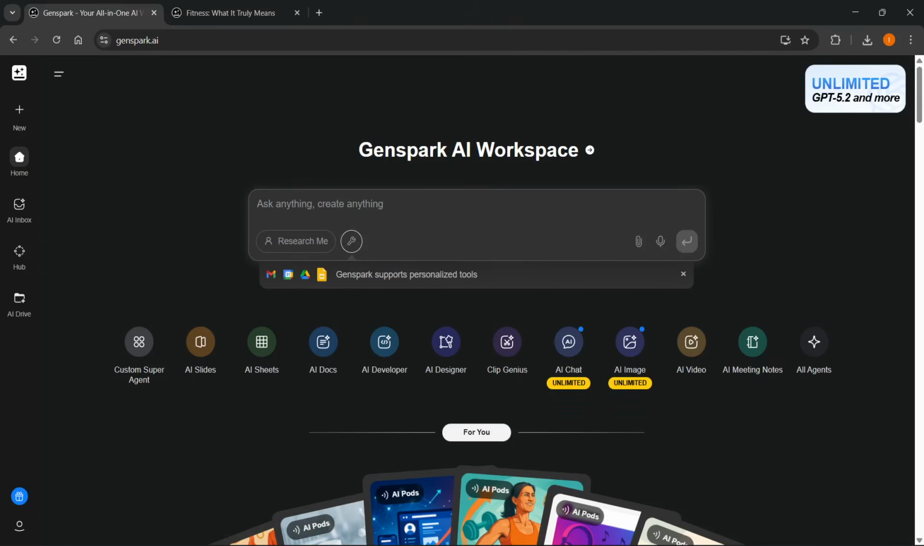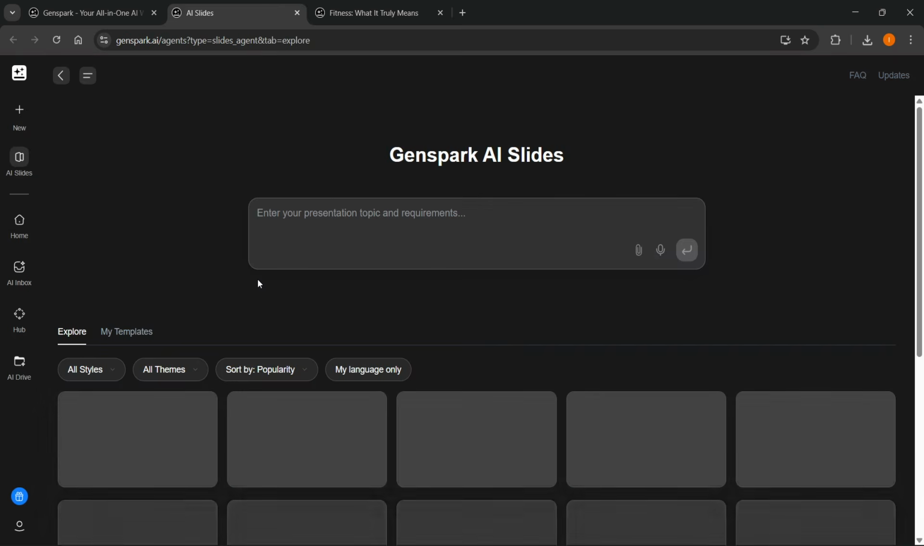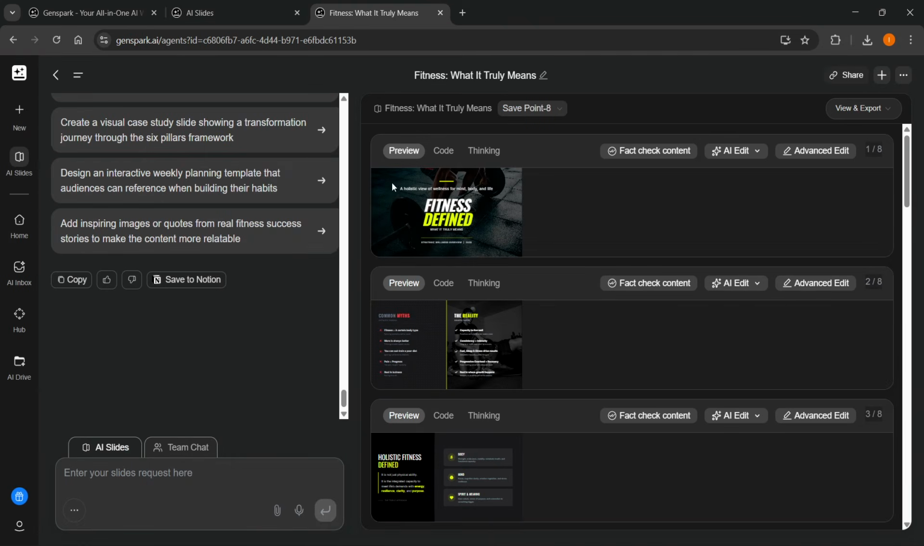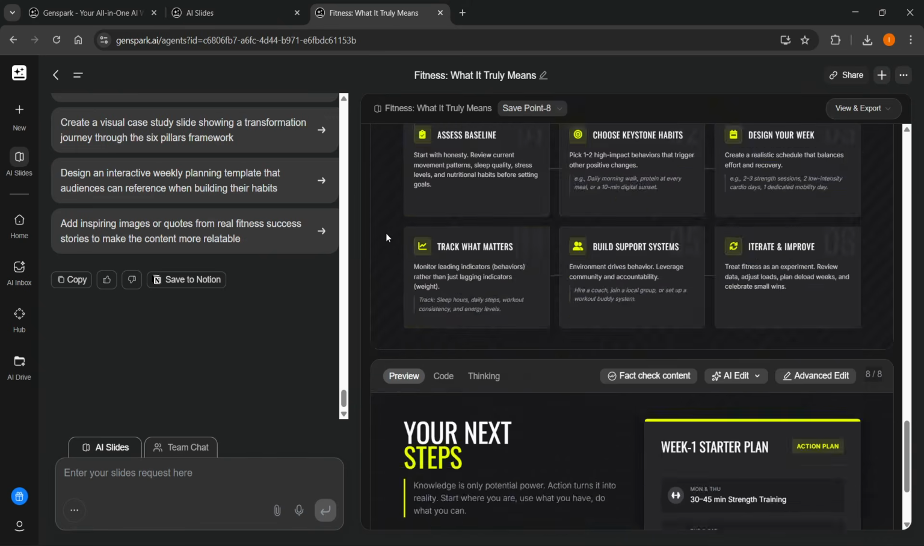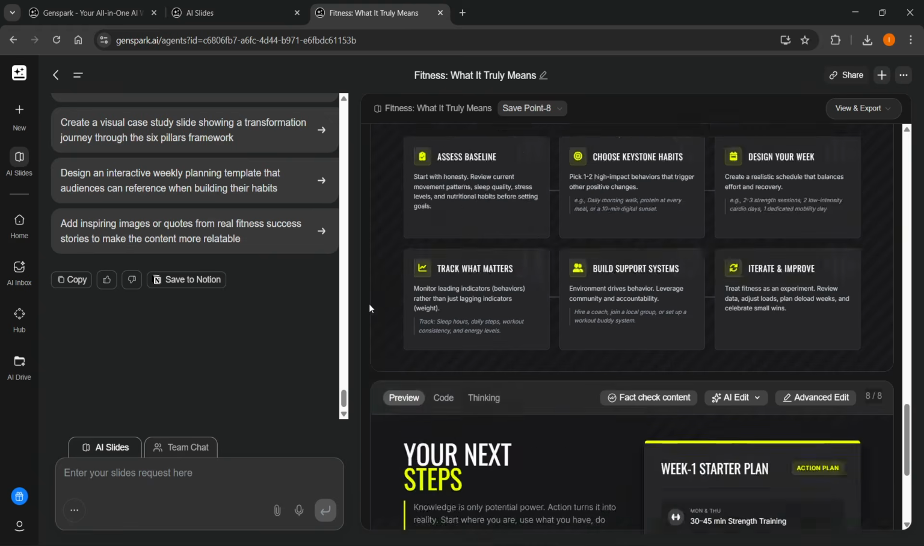In this video, I'm going to show you how to export PPT or PowerPoint from GenSpark. So the first thing you have to do, of course, inside GenSpark, you want to go to AI Slides down here at the bottom, and then you just want to go ahead and type in what PowerPoint you want to create. Now, when you do that, it's going to create your PowerPoint, and it's going to give you all the slides over here. You can preview them, see the code, see the thinking behind it, and whenever you've done that,